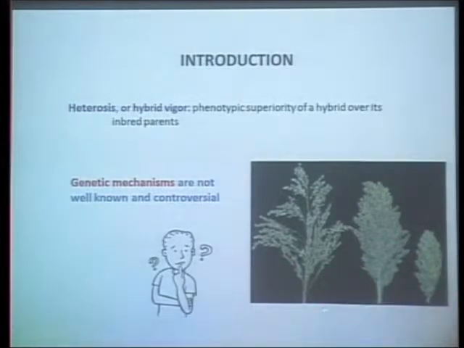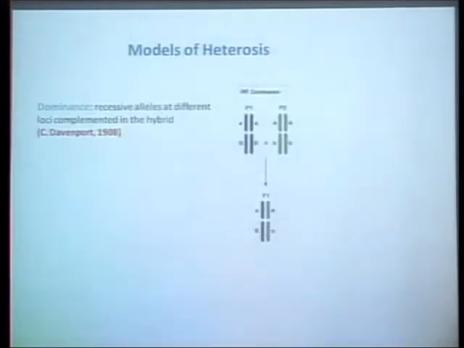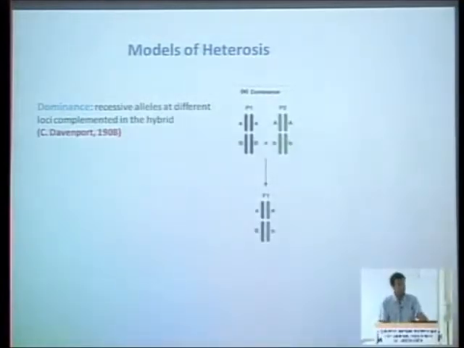So the question behind this is that so far there is no answer for this. I mean, the genetic mechanism behind this phenomenon is not known. There are models of heterosis still currently used. The first model is the dominance model, in which recessive alleles at different loci are complemented in the hybrid. So in the illustration here you see